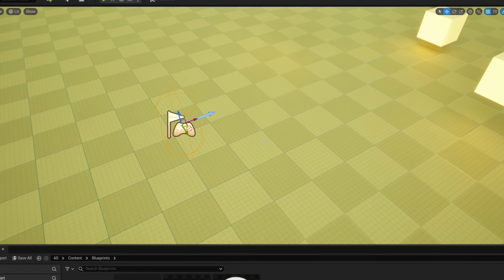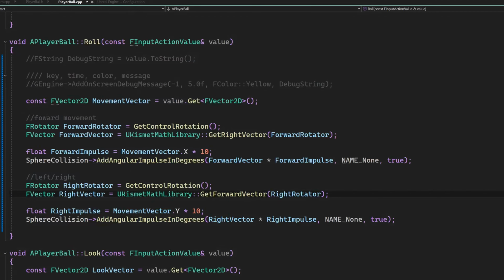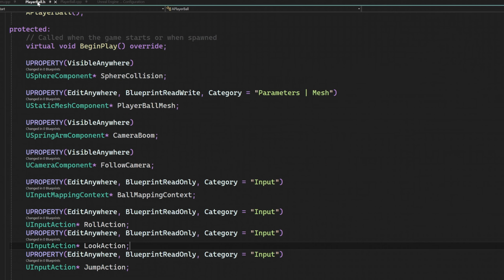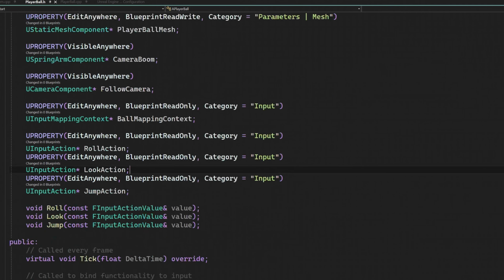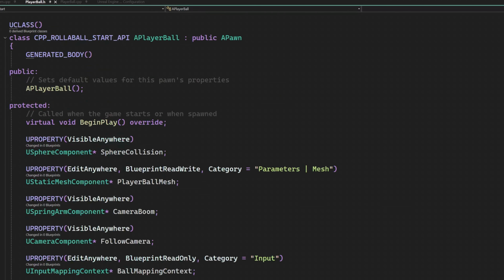Right, so in the last video, we got movement working. We need to make some changes here though. So right now our move speed is hard coded. We want this to be a variable. So I'm going to go to PlayerBall.h and up here in public,